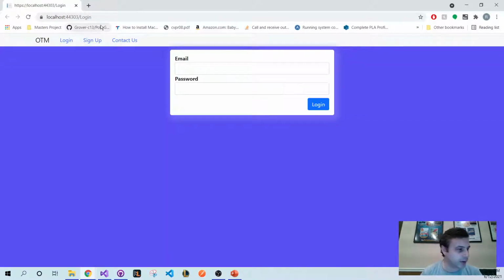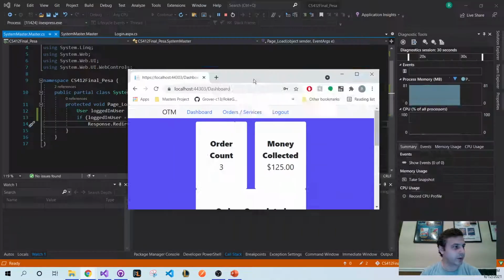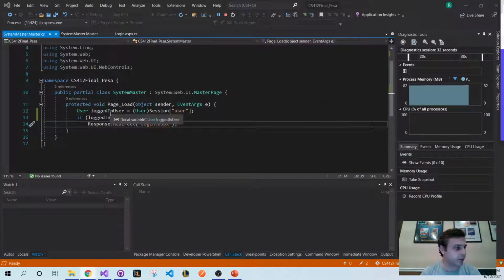So that worked. We got thrown into the login page because the logged in user was null. And then password was test. Now let's try and log in. Cool. Yeah, so that works. And then if you guys want to see kind of in the back end here what's going on,